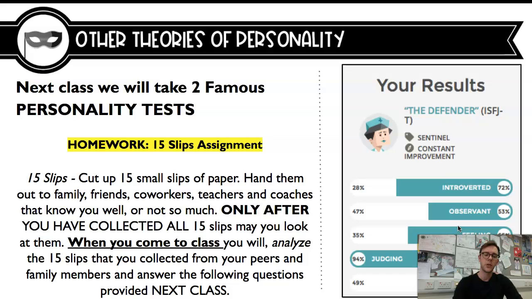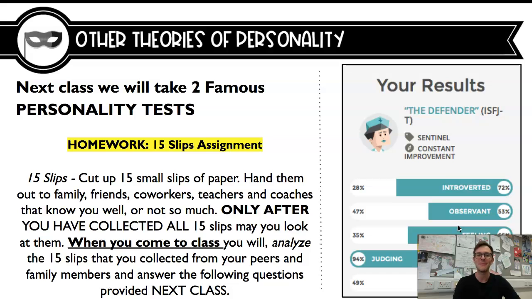So for your homework assignment, before you come to class, please do this. Please do not come to class without this finished. You're going to cut up 15 small slips of paper, and you're going to hand them out to a variety of different people: friends, family, coworkers, teachers, coaches, people that know you well, and even people that don't know you so well. And you're just going to have them write down one trait that they think best represents you. You can hand them two pieces of paper if you would like, right? And some might be positive traits, some might be negative traits, depending on